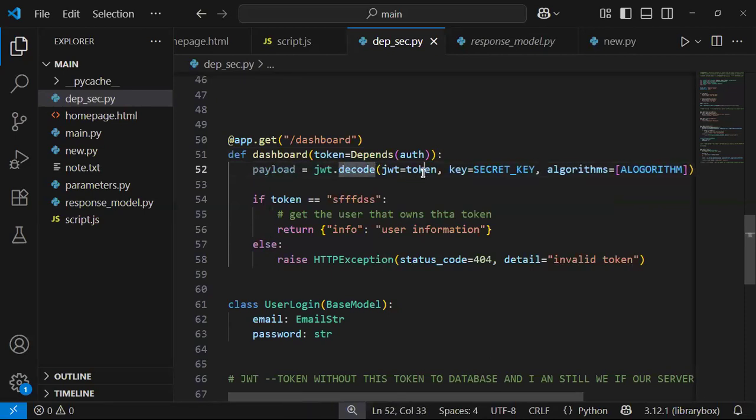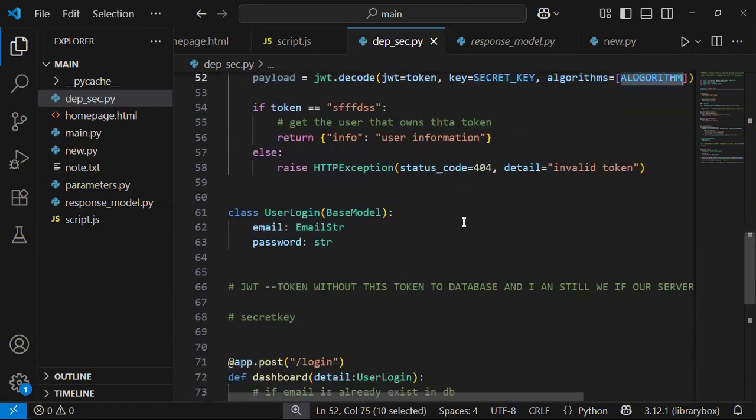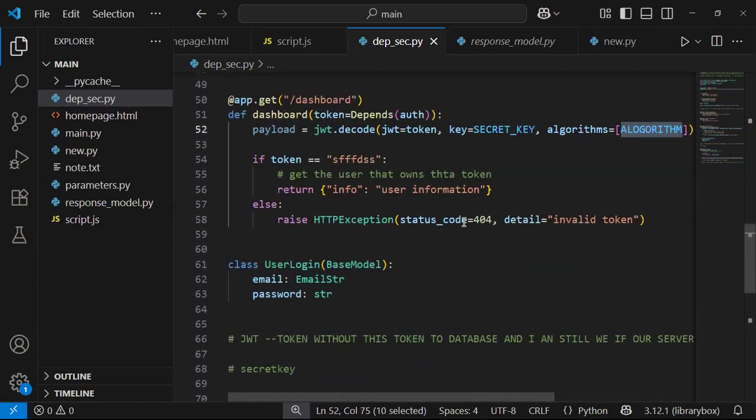So we take this token here, the token that we get from this dependency, if it's available. We pass it here, we pass our secret key, and we pass the algorithm that we used in encoding at the login point. And then from there we can just get our payload. So if our payload was a user email, which in this case I would simply say,